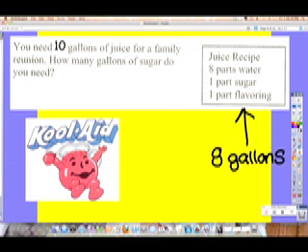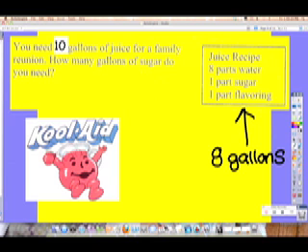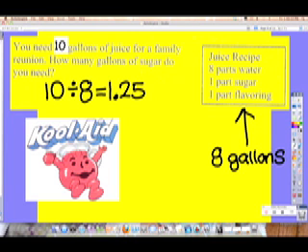Okay, what did you get? 10 divided by 8. Trey, what did you get? Okay, this is telling you how much you have to increase your recipe by. 1 1/4 for everything. So if you were looking for the water, you would have to times this by 1.25. But we're not looking for the water. What are we looking for? The sugar. So let's take the sugar and times it by 1.25. Well, what is that? Yeah, 1.25